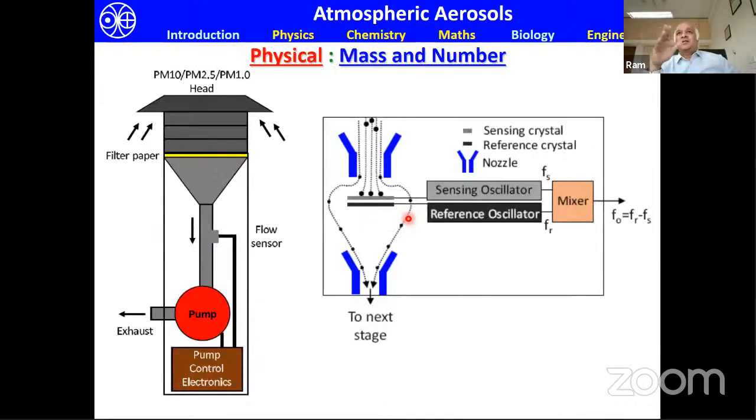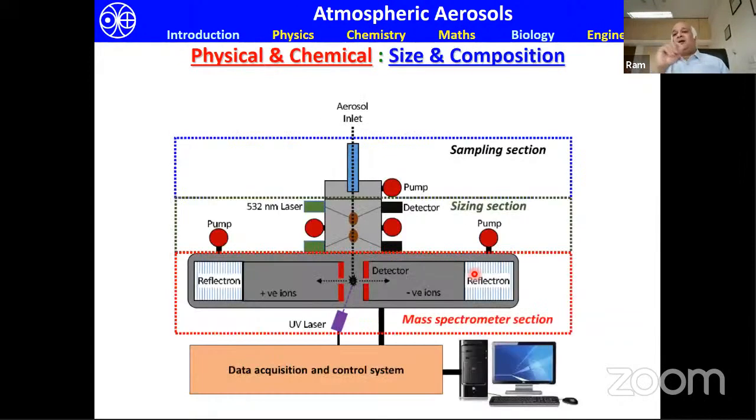Once we know the physics, chemistry, and the fundamental principles of how these aerosols work, then we resort to developing the instruments, which can range from a very simple method of just collecting the air on a sample and then analyzing it using a high volume sampler, and then further with chromatography techniques, etc., to identify the species that are present, or using the principle of fluid dynamics and impaction to derive the size distribution of the particles, to a very sophisticated mass spectrometer where you can actually derive both the size and